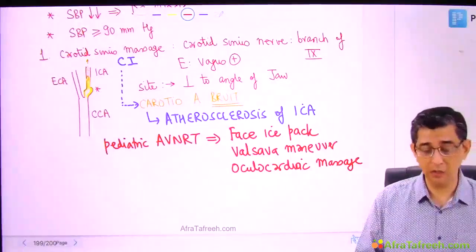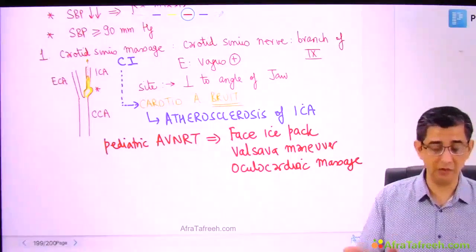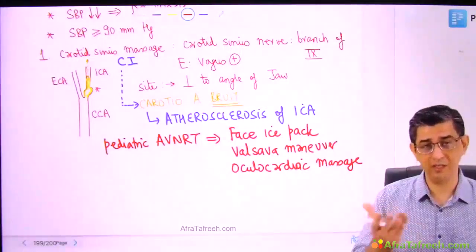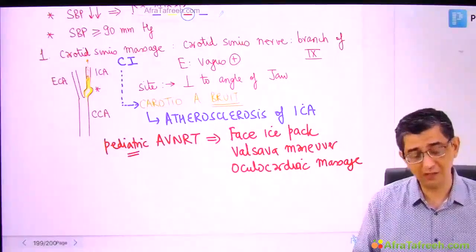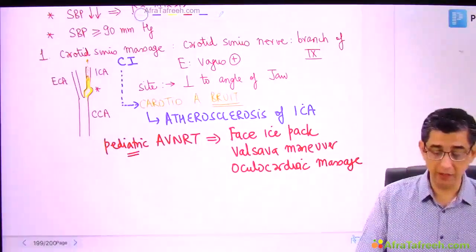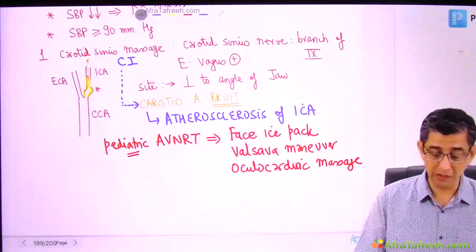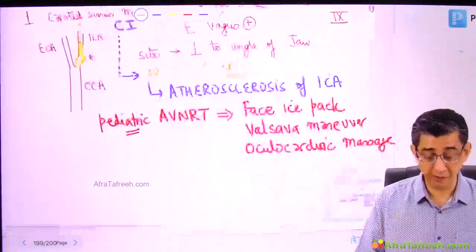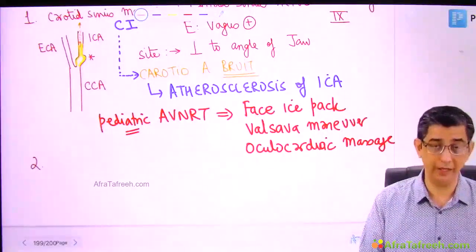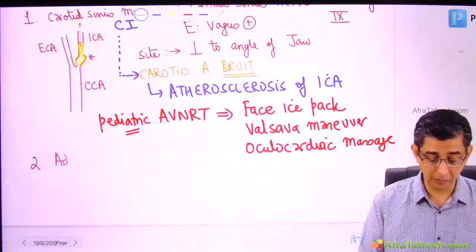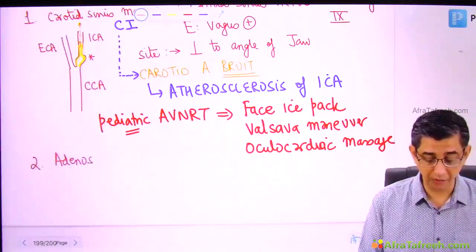Wherever he gives you a preference, first answer is obviously carotid sinus massage, but like I said, for a pediatric scenario where the neck is shorter, you will then have to answer it as face ice pack. Now, moving ahead in our discussion, this is the initial step. This is the first step in a person in whom the BP is relatively stable, that is equal to or more than 90. Now, because this is not a permanent solution, I will have to go in for chemical